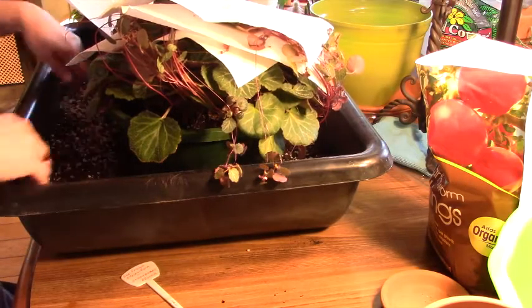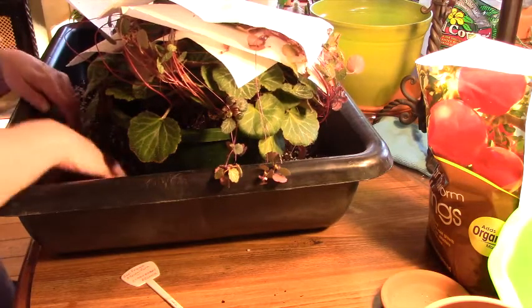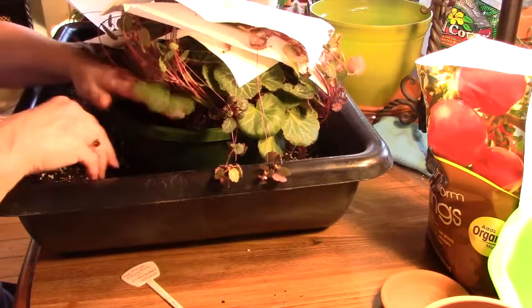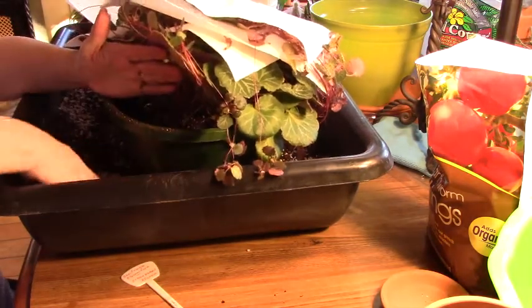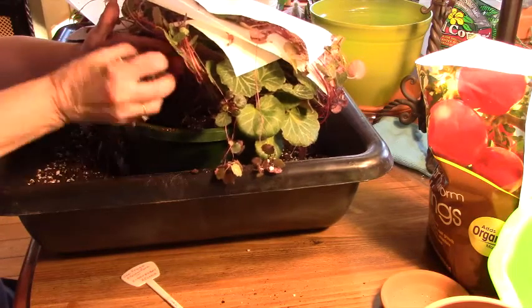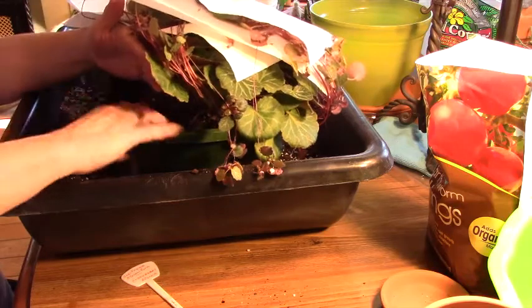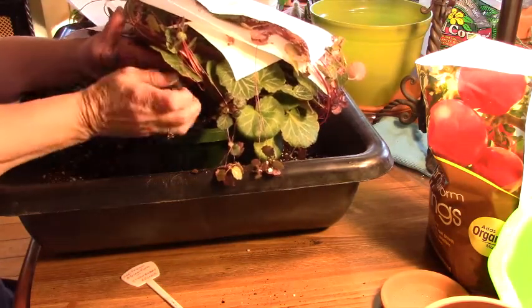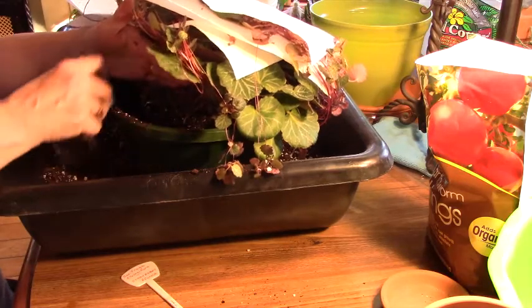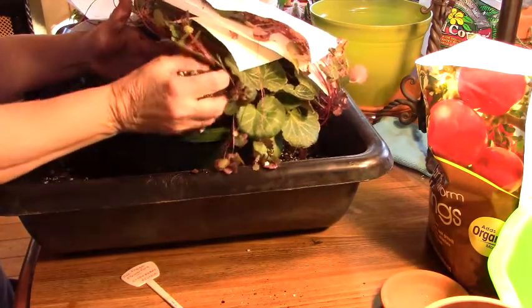And I apologize for calling it dirt. I know some do get offended when I do that, because it's not dirt, it's a soil substrate. So I try to remember that, but I don't always. All right, I'm going to fill in all the way around, and hopefully